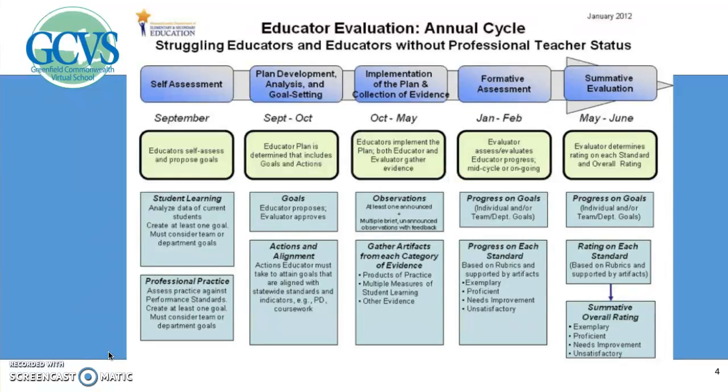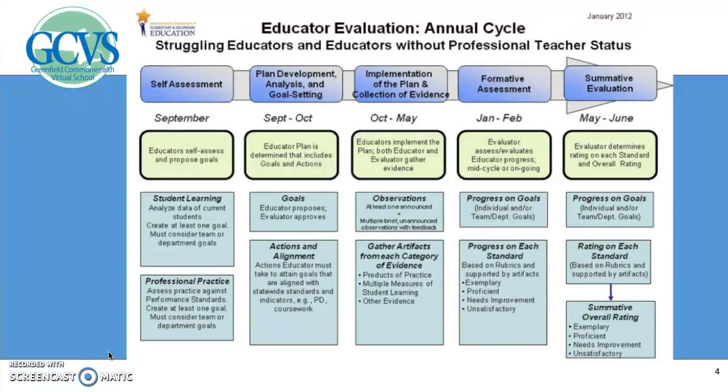Educators will also be gathering evidence during this time. Products of practice may include sample lessons or activities. Multiple measures of student learning must include MCAS data for grades and subjects tested. Other assessments such as DIBELS, Easy CBM, and other assessments including the competency-based assessment work we are doing this year comprise the other measures. Other evidence may come from your students or other items that show your progress towards goals or evidence of meeting the 4 standards of practice.